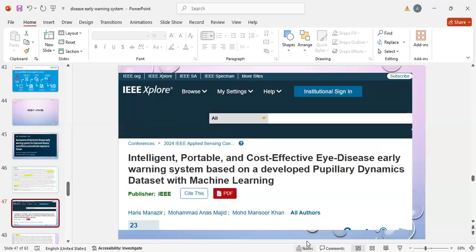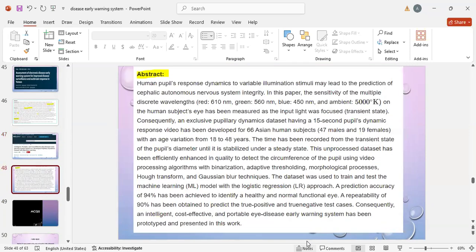And the second article is intelligent, portable, and cost-effective eye disease early warning system based on developed pupillary dynamic data set with machine learning. Human pupil response dynamics to variable illumination stimuli may lead to the prediction of the cephalic autonomic nervous system integrity. In this paper, the sensitivity of multiple discrete wavelengths on the human subject's eye has been measured as input light was focused. Consequently, the exclusive pupillary dynamic data set having 15-second pupil dynamic response video has been developed for